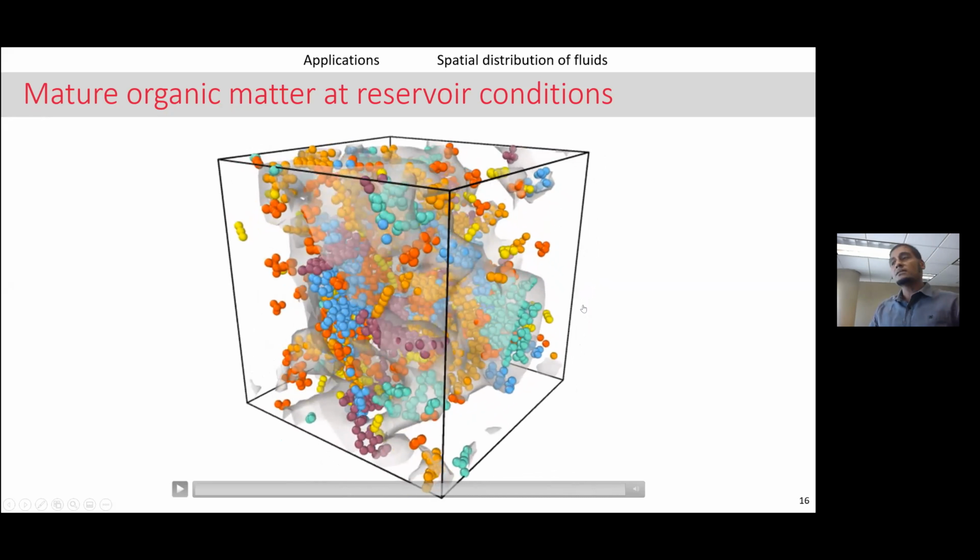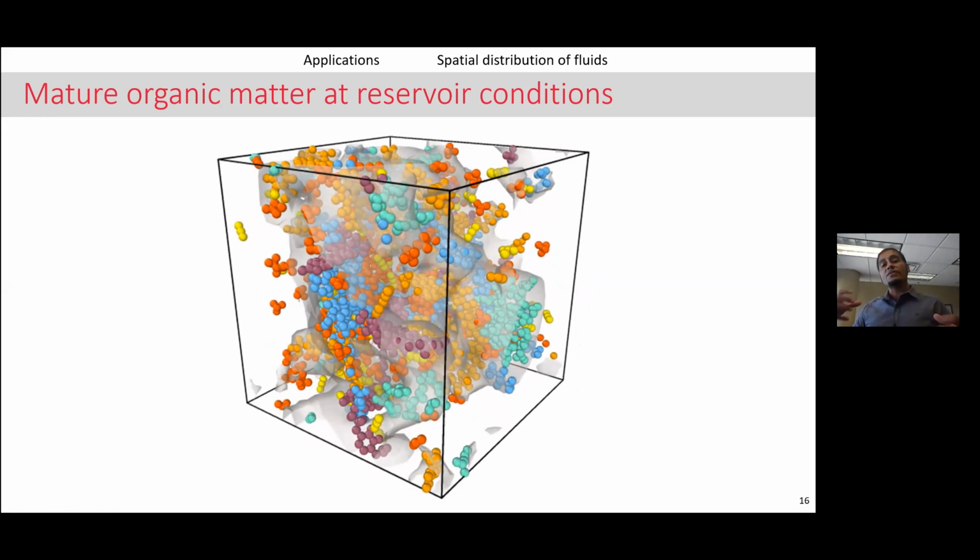Good. So all of that's fine, but what can I use this model for? So it turns out that you can see that I have some methane molecules over here. I have some of the other hydrocarbon species down here. I have some carbon dioxide over here. And so the next question I want to ask myself is, where are these different fluid molecules or these different hydrocarbon species? Where do they reside inside this pore model? And the reason why I want to ask that question is I want to know which hydrocarbon species are adsorbed onto the pore surface, which ones form a free phase.